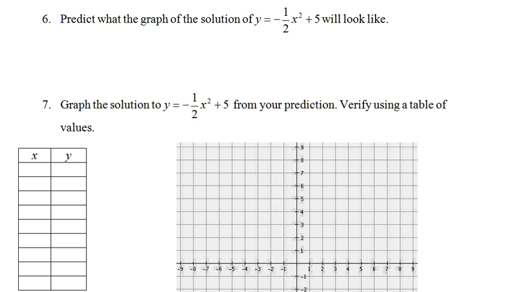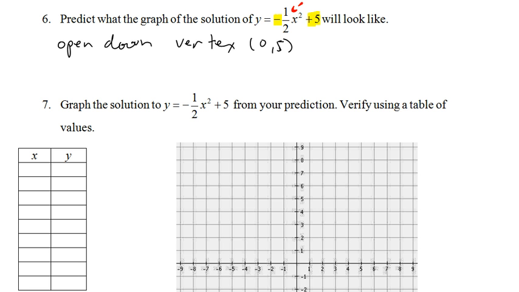Okay, for number 6, let's make a prediction. We need the same 3 things. So the first thing we should notice is that negative. So we know we're going to open down. Next is our vertex. We're going to be translated up 5. So our vertex is going to be 0, 5. And then our shape,